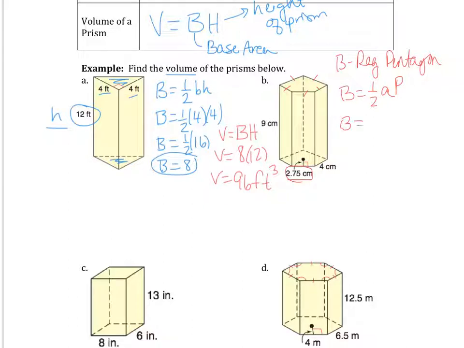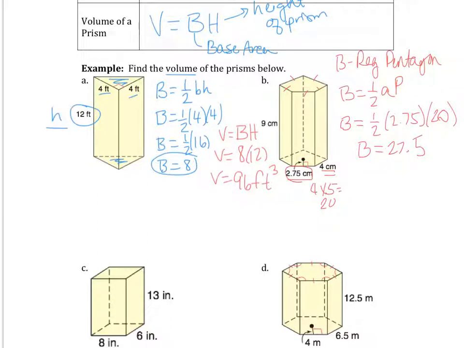So big B is equal to 1/2 times 2.75 times the perimeter of my pentagon. I see that one side is 4, so if I have 5 sides, 4 times 5 is equal to 20. So my perimeter is 20. So big B is equal to 1/2 times 2.75 times 20,